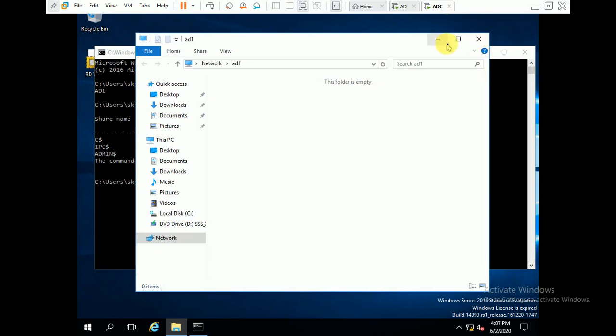So let's start. First I want to explain what type of issue will occur if the netlogon and sysvol folders are not shared on AD or ADC. If you are running a domain server and an additional domain server, and on the additional domain server the sysvol and netlogon folders are not available, then many policies will not replicate to the ADC server.